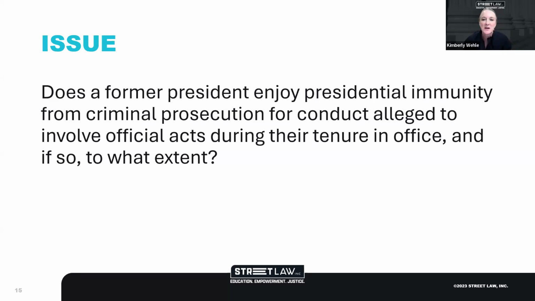Yeah, I'm nodding just because, as I mentioned earlier, before this case, there is no such thing as criminal immunity for presidents in any source of express law, right? So essentially, you could have reframed this: does a former president enjoy any immunity from criminal prosecution? I think by framing it, this is that lawyerly thing, and it's well framed. Conduct alleged to involve official acts. It's kind of a nod to creating immunity based on what we just talked about.